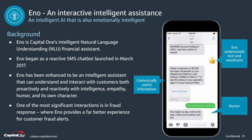Okay? So one of the most significant interactions with Eno is in the area of fraud alert. And the idea here is that you, as a customer, may have made a charge on your card or not. But Capital One, when we see that charge, we may, for various reasons, think that the charge is something that we'd like to validate or verify with you as a customer, because it could potentially be fraud. And so Eno may interact with you to say, hey, here's an alert. Is this a charge that you actually made? And then we ask the customer to respond to that. And if they say, yep, I made it, great. And if they